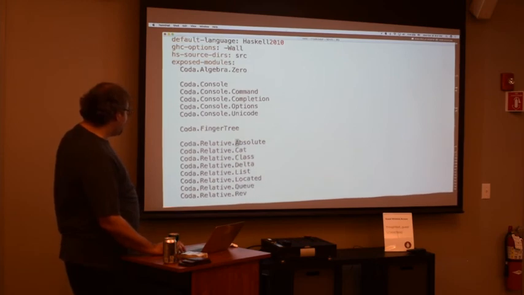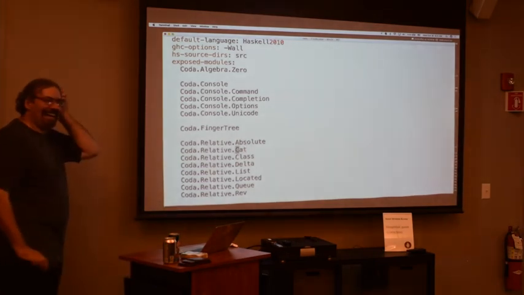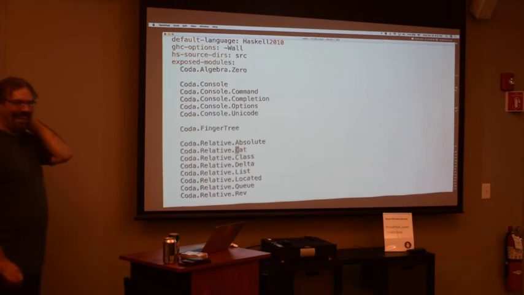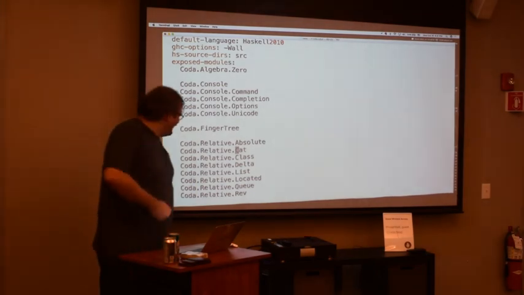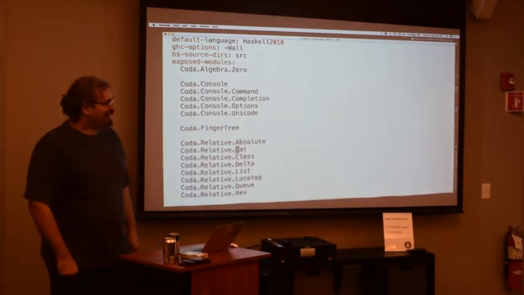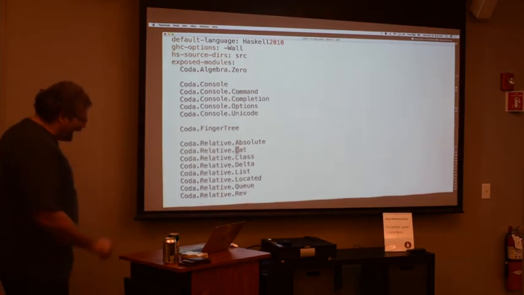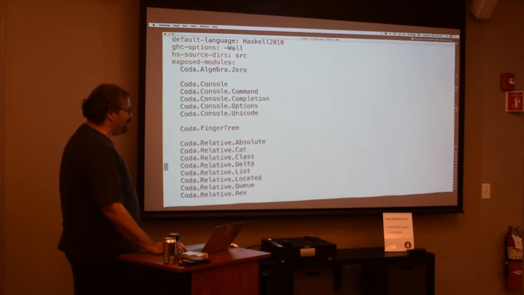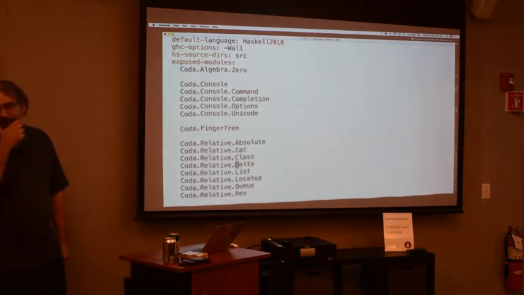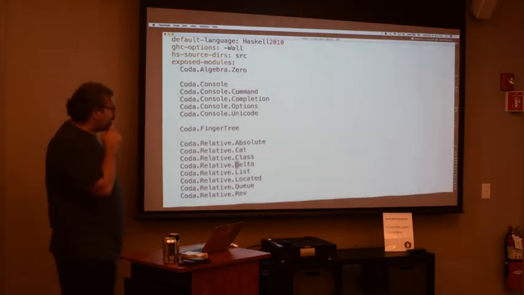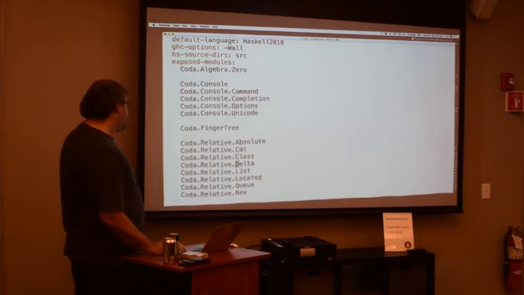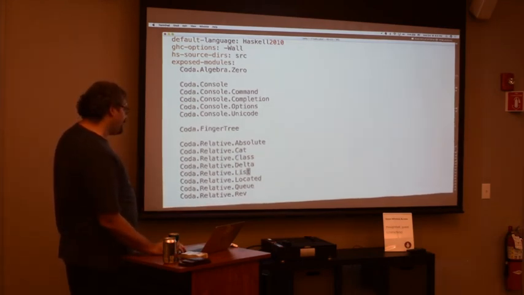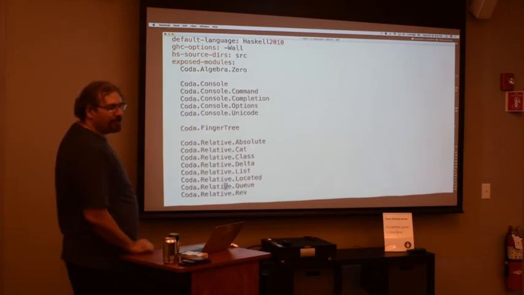There's a relative thing that carries around its own position. I have a whole sequence of things that are relative: the relative class itself, the delta data type, and a bunch of classes for talking about deltas that have some non-trivial interactions with the classes that talk about relative work, relative lists, and the queue stuff that I talked about earlier, where we're building